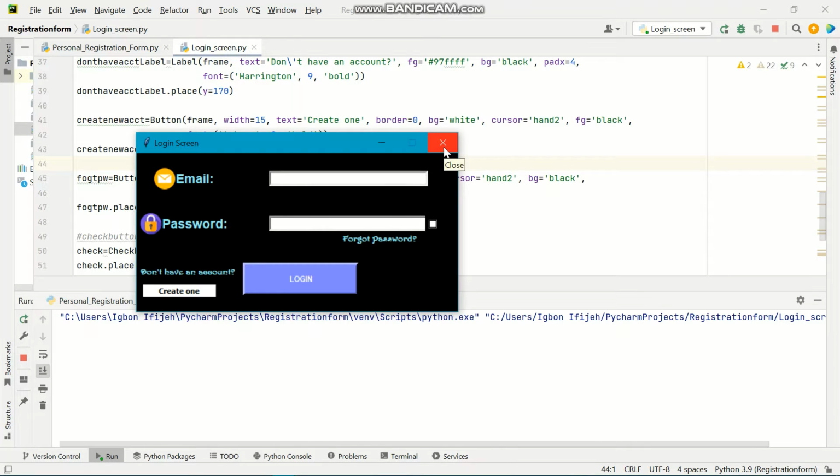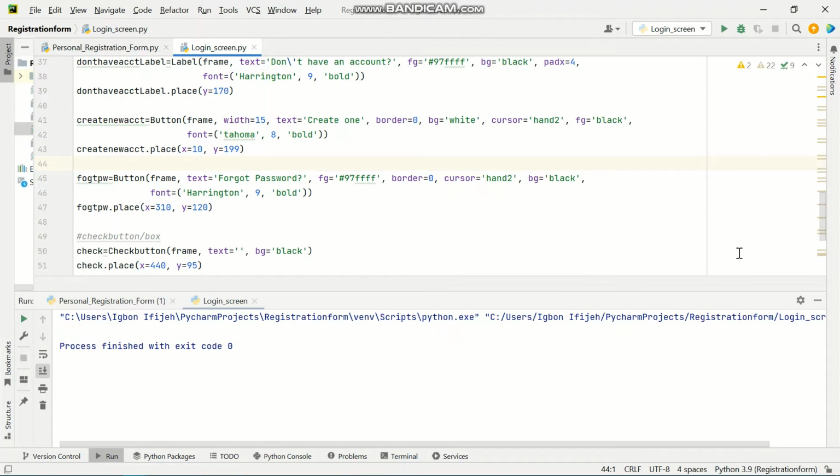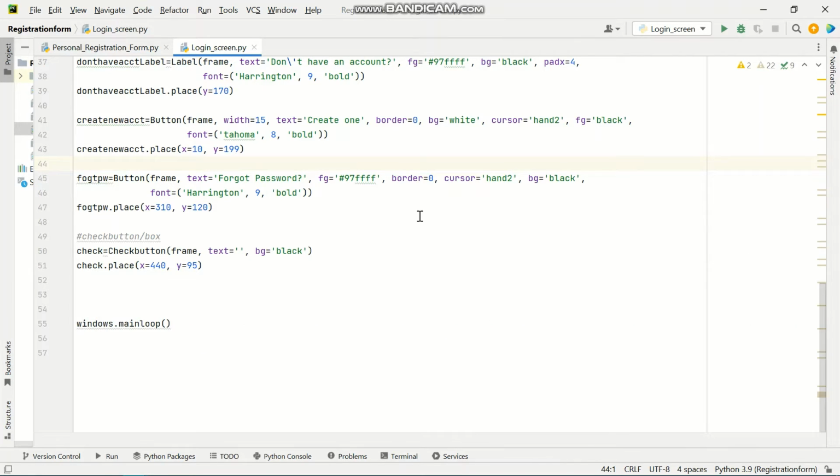Okay, all right, so let us start. So let's start with configuring our check button. Okay, all right, so what we have to do, we have to go over here and